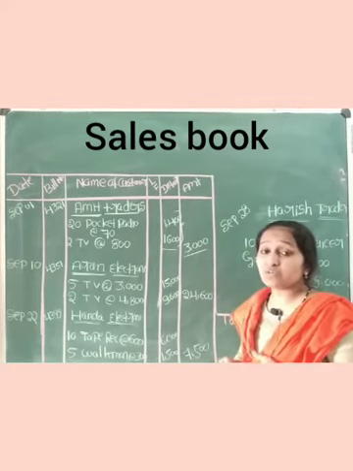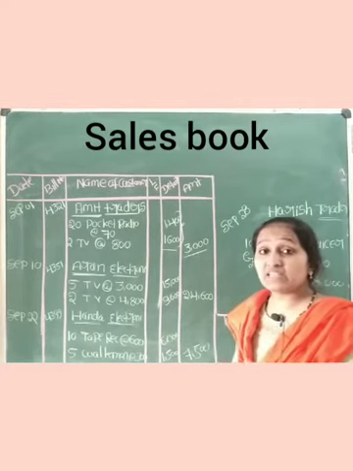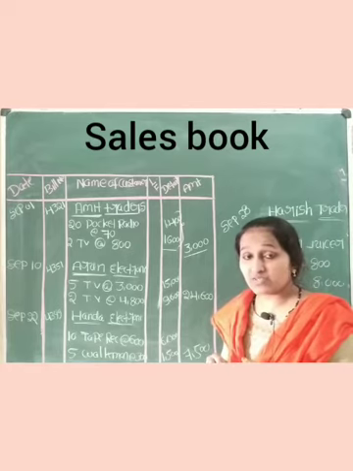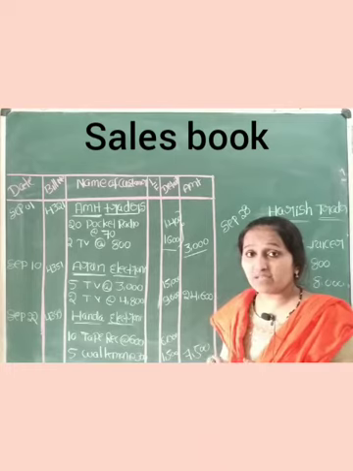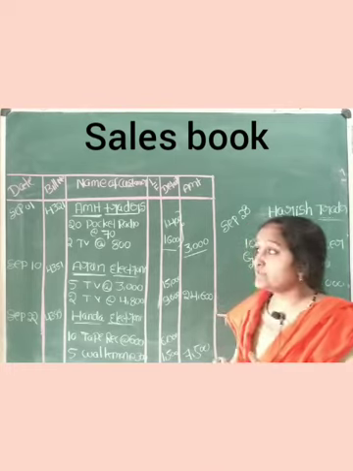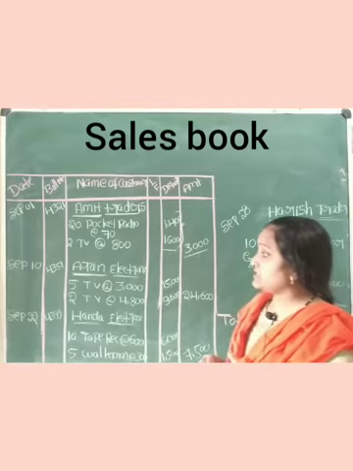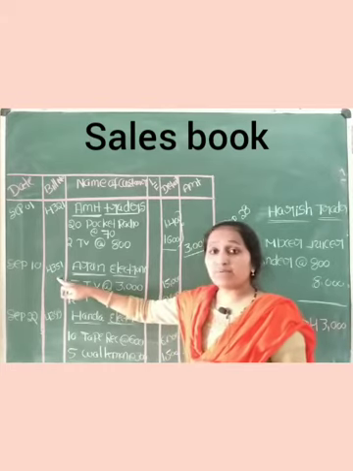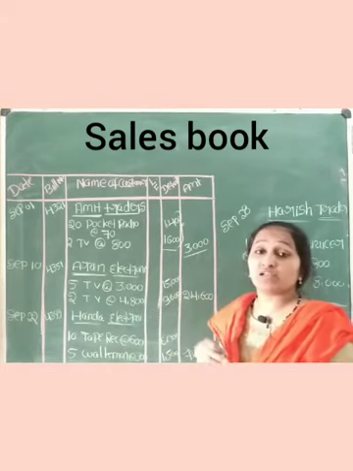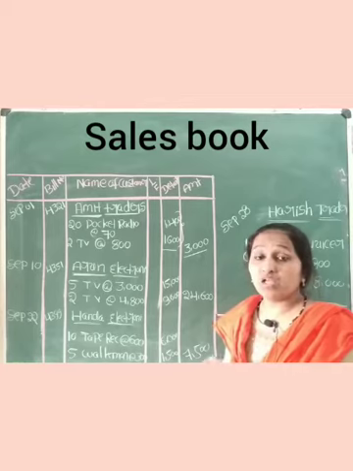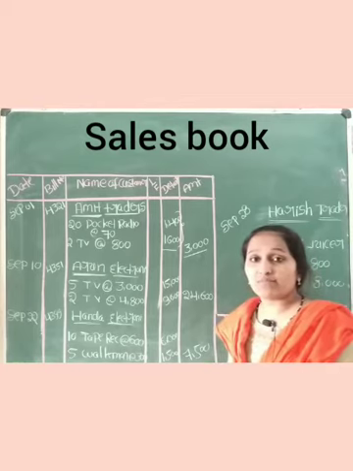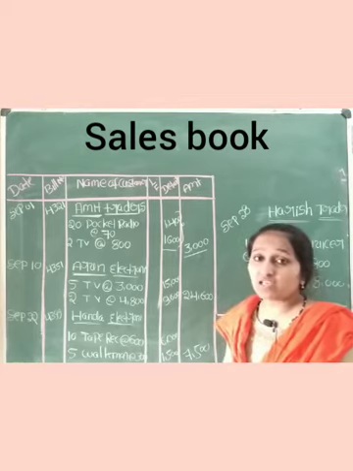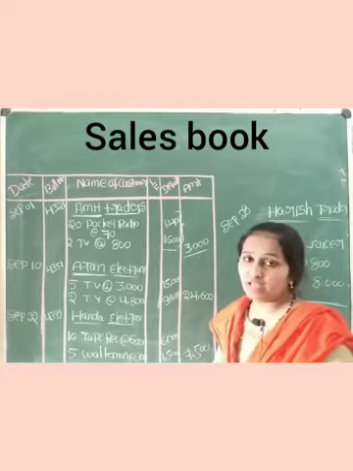The sales book is that book where we enter the transactions related to sales, that is, the credit sales the company has made to customers. Those transactions we enter in this book. The next transaction is on September 10. In the date column again you write the date. This is the bill number. The bill number is a kind of reference for you, showing on which day and with which buyer you did the transaction. You will get accurate data with the help of the bill number.